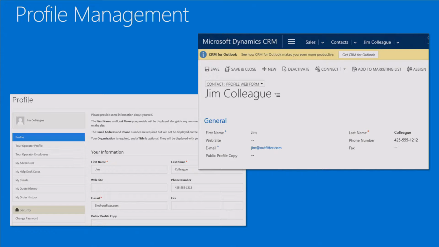So you can actually have a backend form that you use in your office for your CRM, but a specific form for your web profile that you have in your portal. So you can pick and choose where those fields are in your portal as well as in your CRM. The bottom line is that you really only need to change your business rules and business implementation in CRM only once, and the portal will follow too. So it really cuts down on the development effort and makes your portals and your CRM implementation very agile.